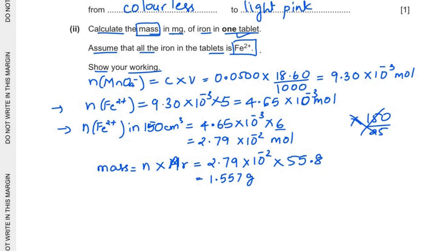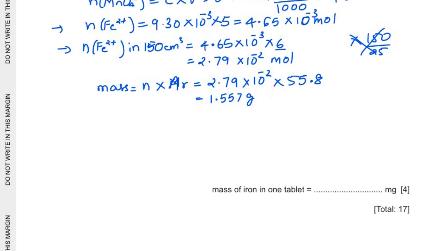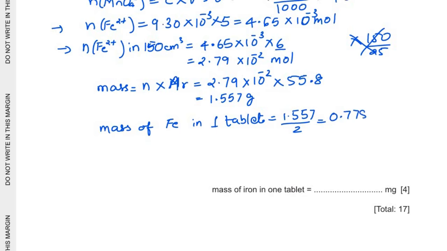Now this is the mass of Fe in grams, and also it is the mass of 2 tablets. So if we want to find the mass of Fe in one tablet, then we need to divide this 1.557 by 2, and so we get the answer as 0.778